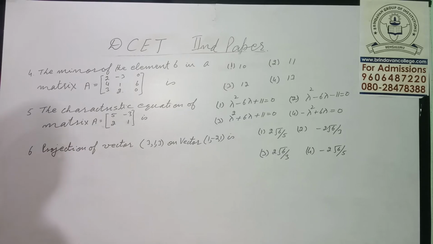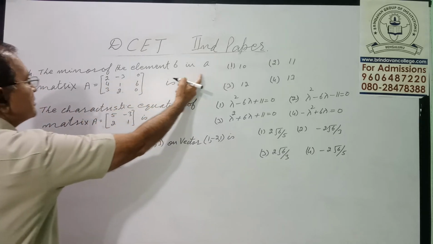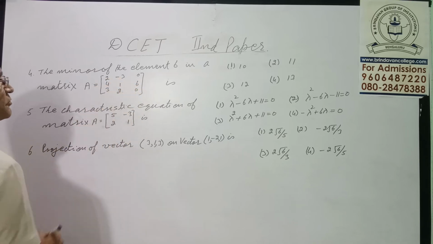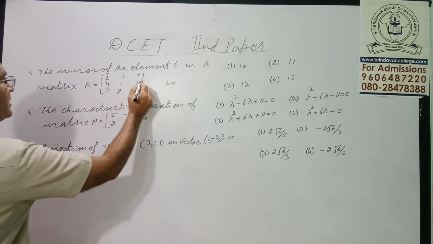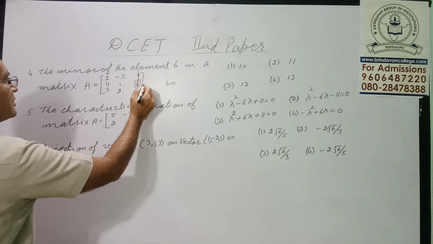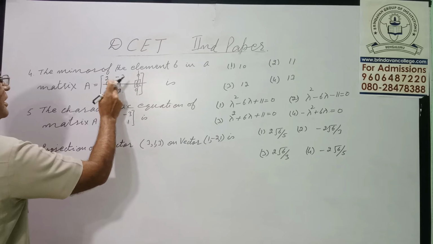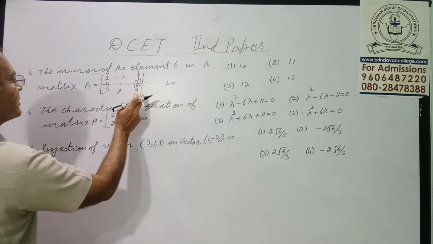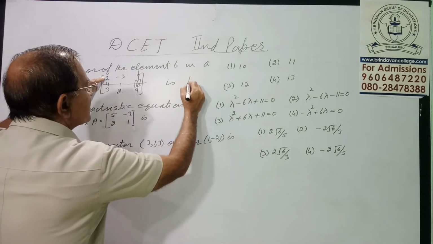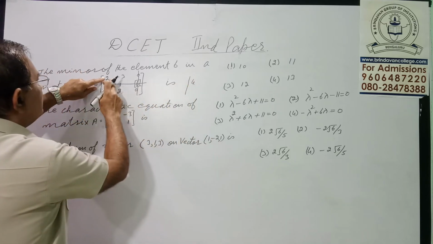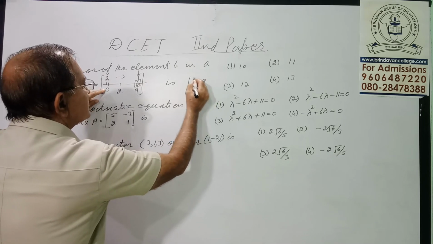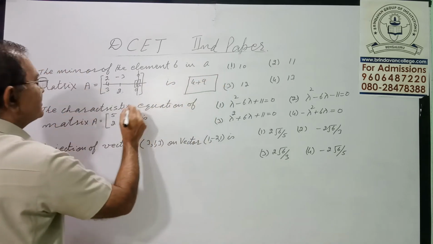Now sum number 4, the minor of the element 6 in the matrix 2, 4, 3, minus 3, 1, 2, 0, 6, 0. How to find the minor of 6? Cut the row of 6, cut the column of 6 and expand it like a determinant. Whatsoever we have left is 2 into 2, 4. Minus 9, change the sign, you will get plus 9. See the solution, only just 2 lines.